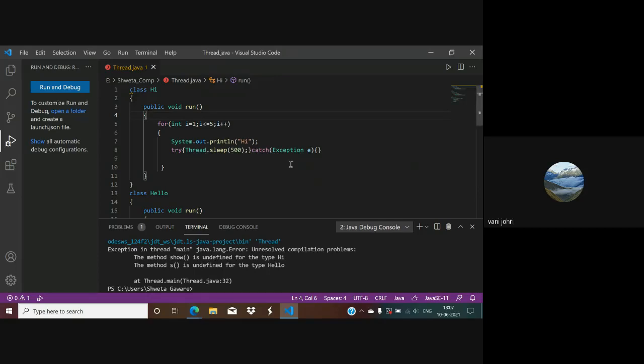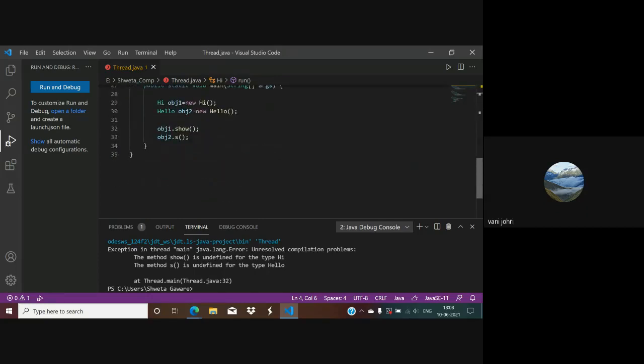Is this the only code file, or do you have another? Thread.java is the only Java file that you've written, or you have another Java file? No, ma'am, that is the only one. Can you go to the bottom of this? Where does your code end? Just scroll down. Go a bit up. Show me this last part.